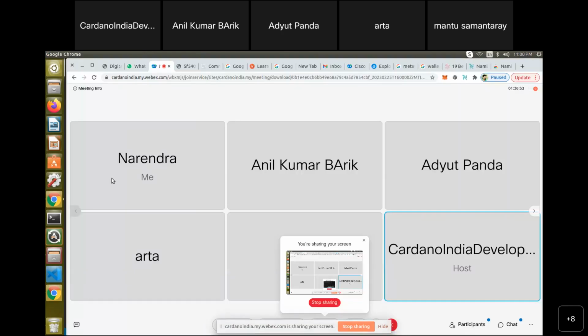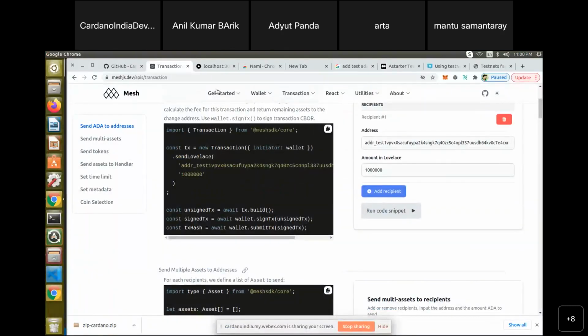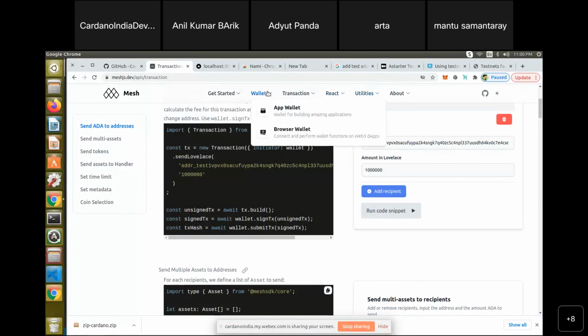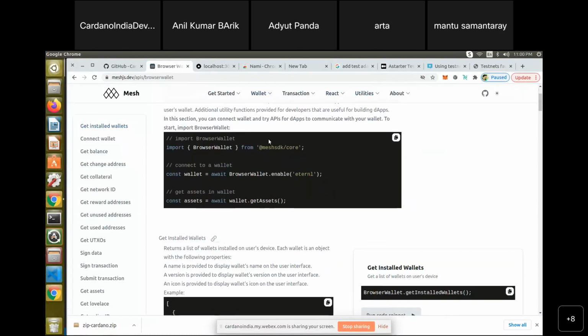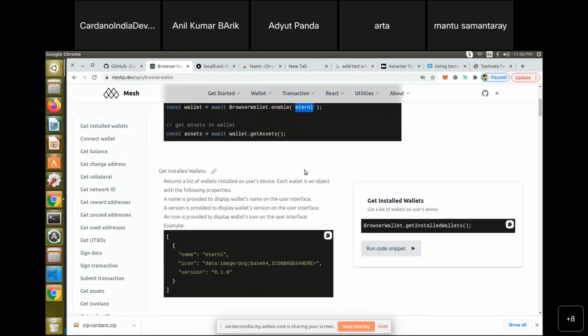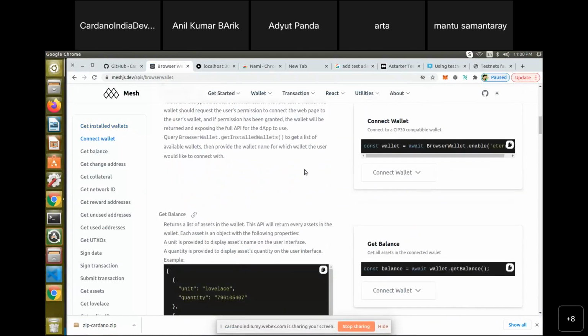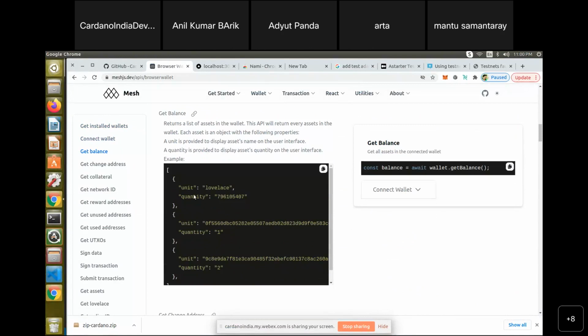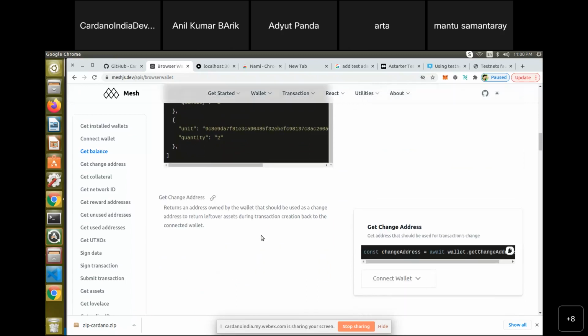So a basic one, if I can also show you what other providers we are having. There you can use the browser wallet. So for the browser wallet, you can use Eternl also, apart from this Nami that we use. And the Lovelace quantity will be like this. How you will get the balance for this wallet. If we are going for this